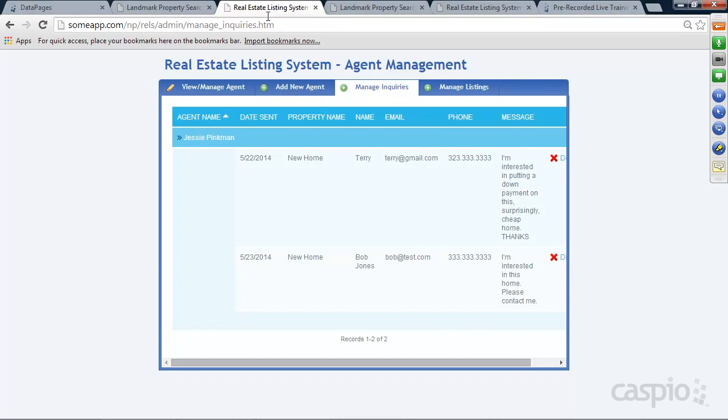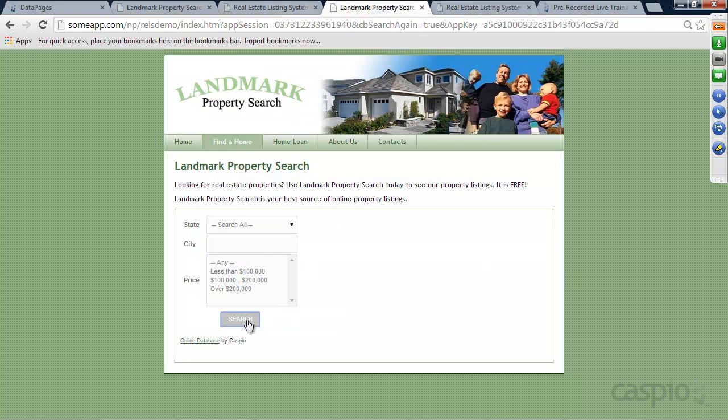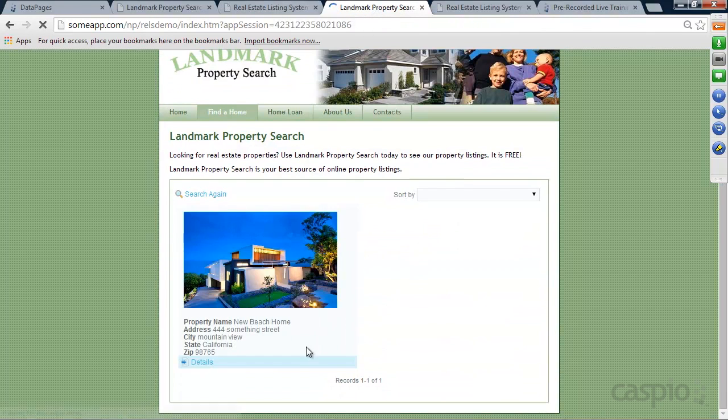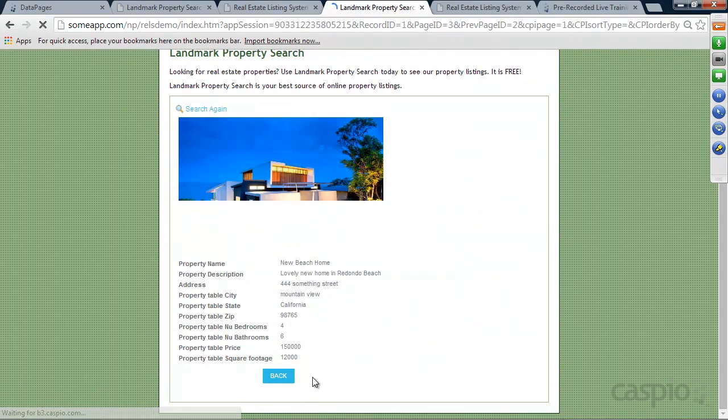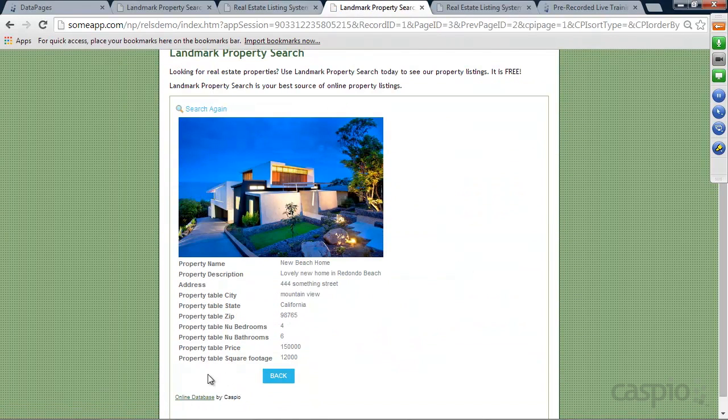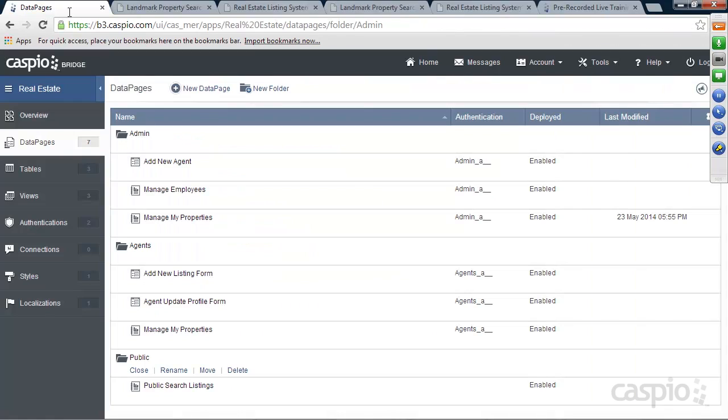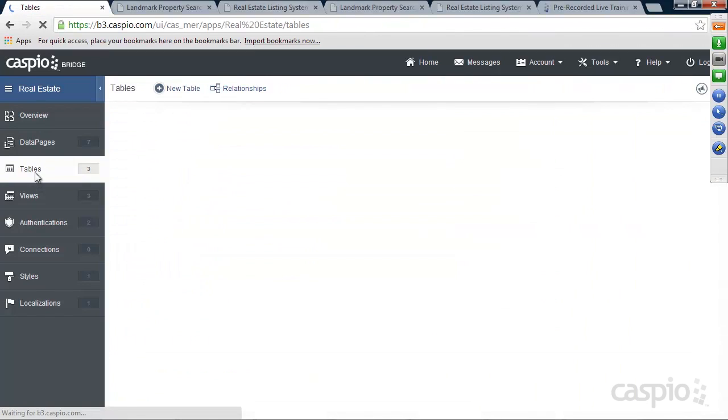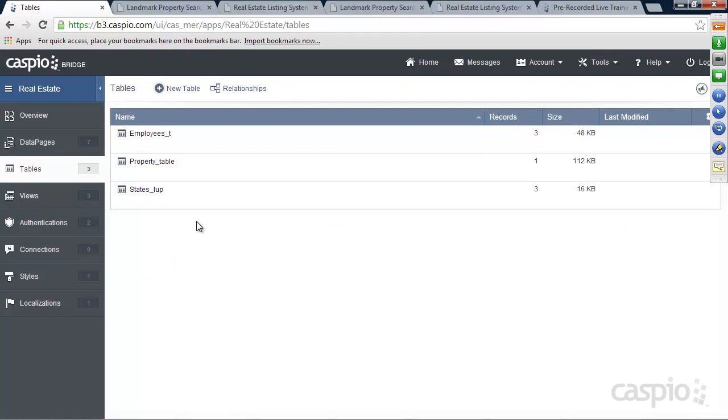Okay, so let's go to our live example. You can click search, you can go to details, and you can see that I don't have that link yet to contact the agent. So let's go to our tables, and like I said in the beginning of the session, I'm going to have 4 tables, and this is now going to become my messages table. Alright, so let's build a new table,